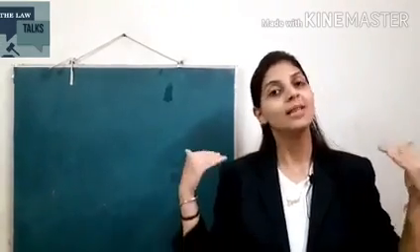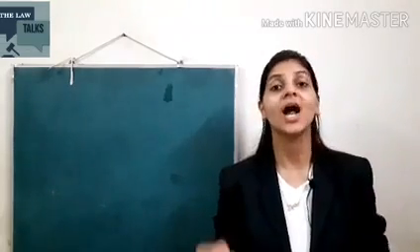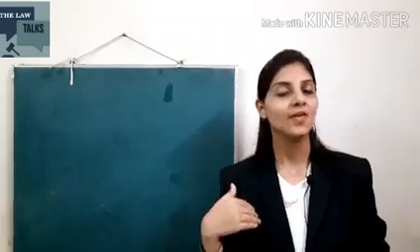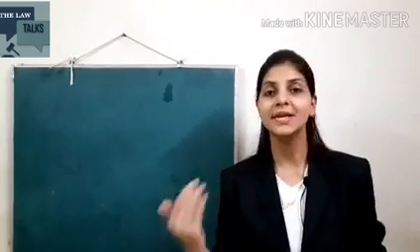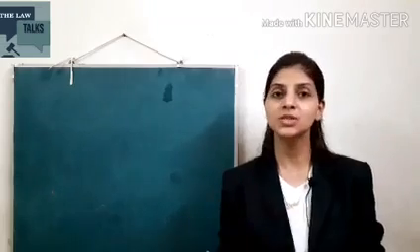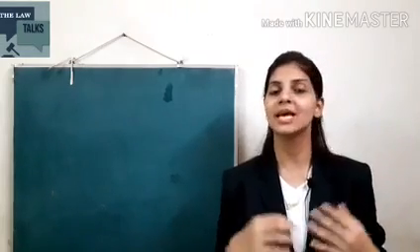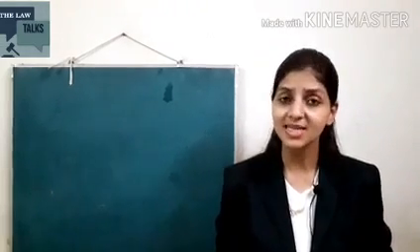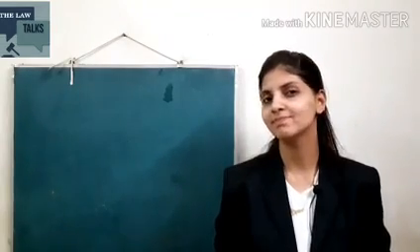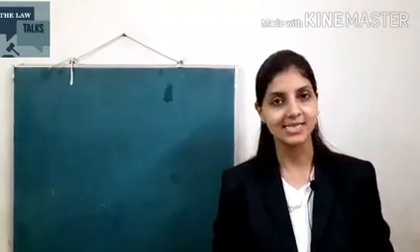So, in the beginning of the video, I've told you that Article 14 is applicable to all persons, whether they are citizens, non-citizens, legal persons, artificial persons, juristic persons, companies, associations, bodies of individuals, etc. But does that mean that it does not have any exceptions to it? No, it has exceptions.